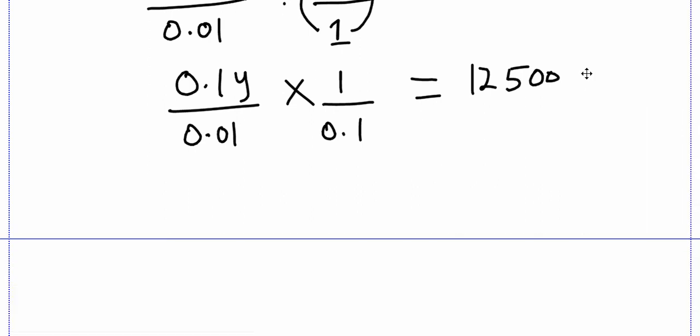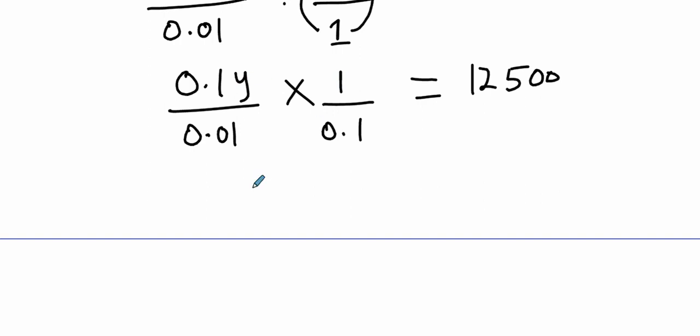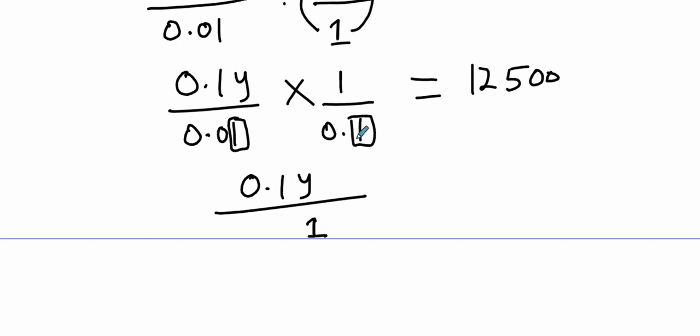Let's continue. So this will be equal to 0.1y times 1. It means 0.1y. And 0.01 times 0.1. Ignore the decimal point. Just take the whole numbers. 1 times 1 is 1. How many decimal places? We have 2 decimal places here, and 1 decimal place here. Total will be 3 decimal places, so the answer is 0.001 equals